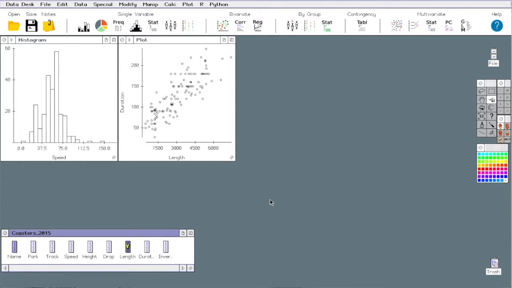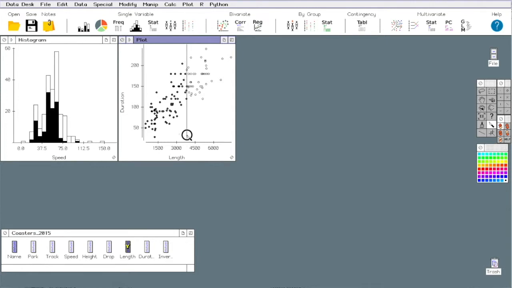Now, once you have plots open in DataDesk, they behave in an interesting way because any point selected in any plot will be highlighted immediately in the others. We could use the knife tool here, for example, and drag across the scatter plot to see the corresponding points selected in the histogram. Or we can drag across the histogram and see the corresponding points selected in the scatter